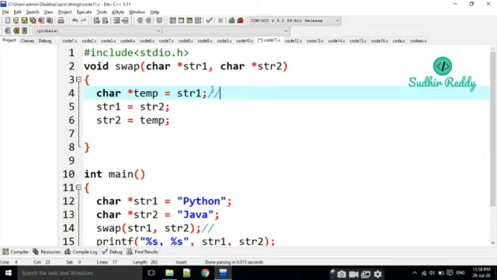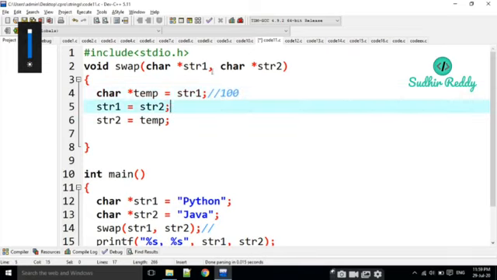In place of temp, we are going to place the first character's address. For example, the first character's address is 100. It is going to be placed in temp. I am going to write here 100, 200 like this. These are the address values. 100 and 200 are the address values of the first characters of str1 and str2.